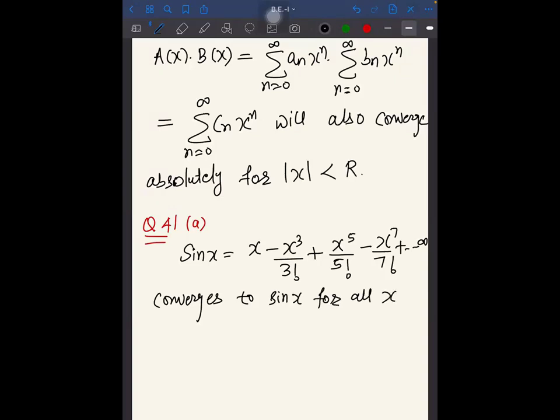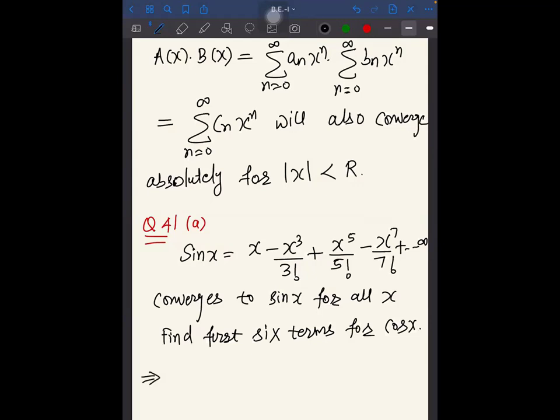Find the first 6 terms for cos x. How are you going to get it? We will differentiate. Why are we going to differentiate? The differentiation of sin x will give cos x. Because it is a power series, we can differentiate it term by term. Because we have a result that it is true when we differentiate. Otherwise, we will not be able to differentiate every time.